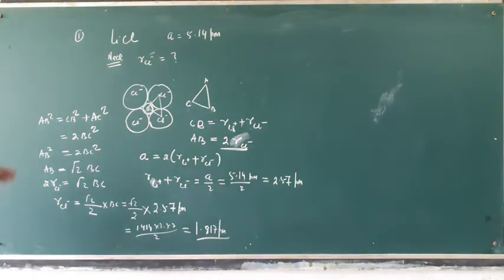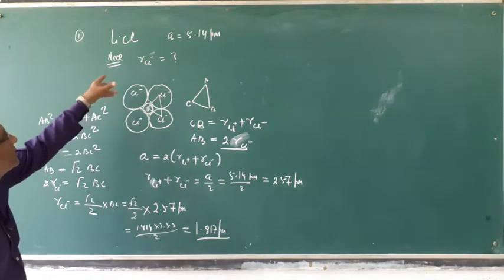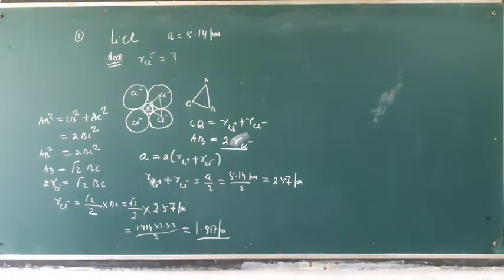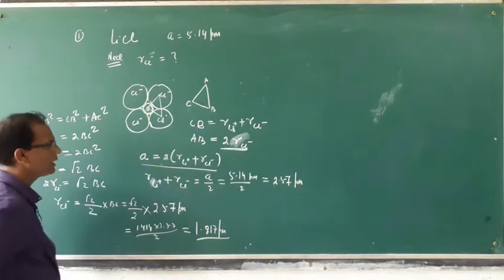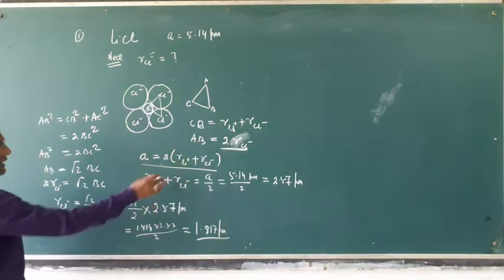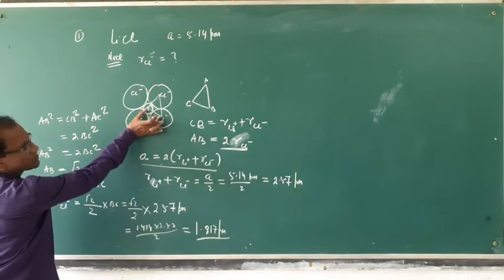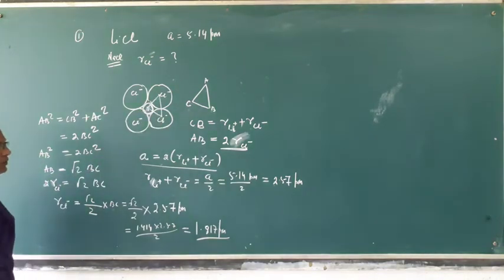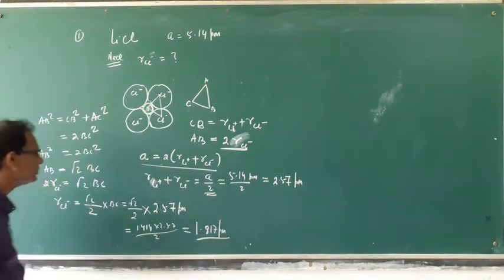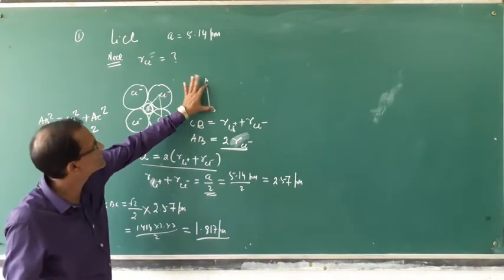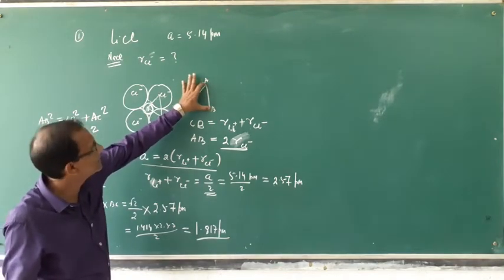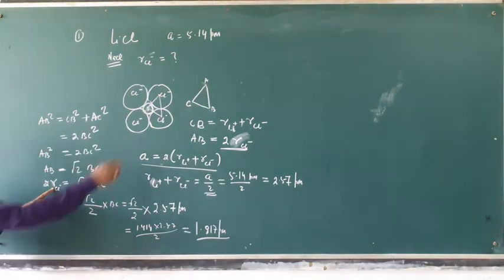What is the size of Cl minus of lithium chloride if edge length is 5.14? This is very important. We have to use an important relation: a is equal to 2 times (cation plus anion), the closest distance of cation and anion of lithium chloride. If this length is known, then we can use this formula. Because Cl minus is asked, and Cl minus is present in AB, AB is equal to 2 Cl minus, because at A position and B position only Cl minus are available.